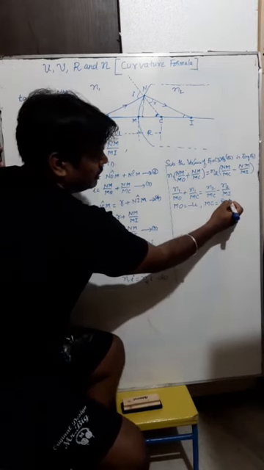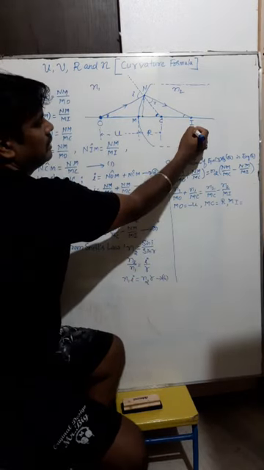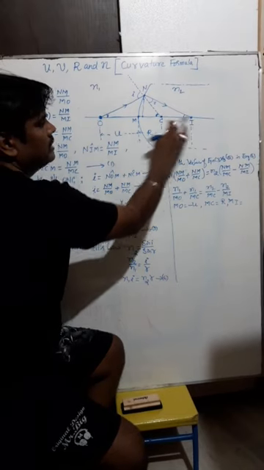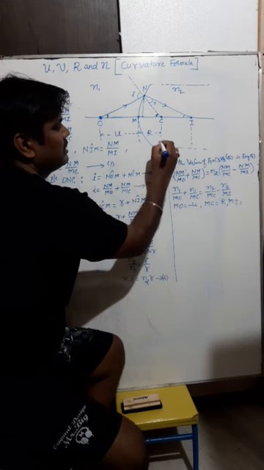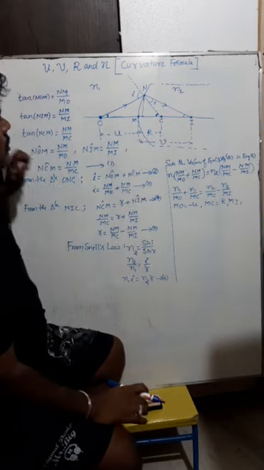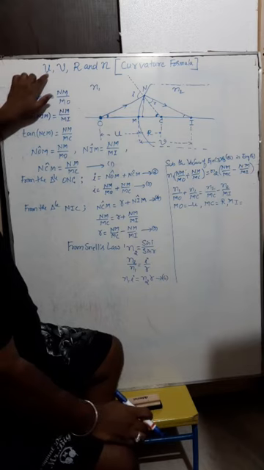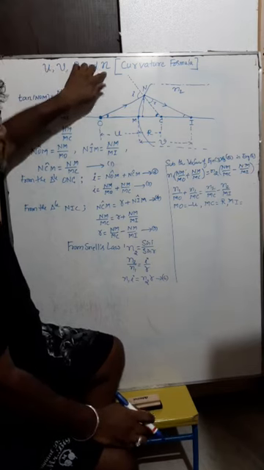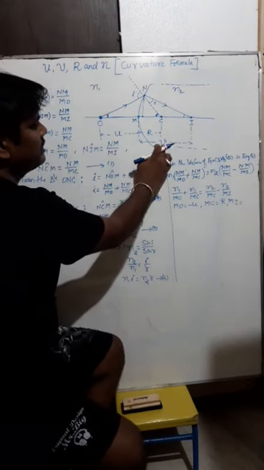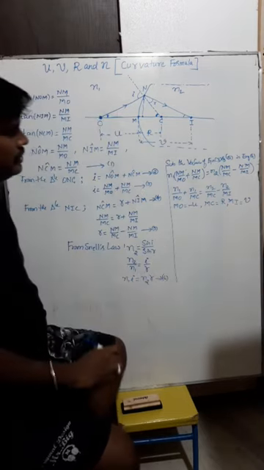And one more value we want, Mi. So what is Mi here? M to I. I is the image point, that's why it is the image distance. Image distance is represented by V only. So while starting the derivation, initially I told that we are going to derive the relation between U, V, R and N. N is refractive index, U is object distance, V is image distance, R is radius of curvature. So here V is also positive according to sign convention.